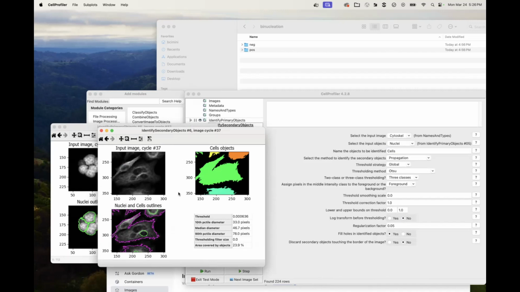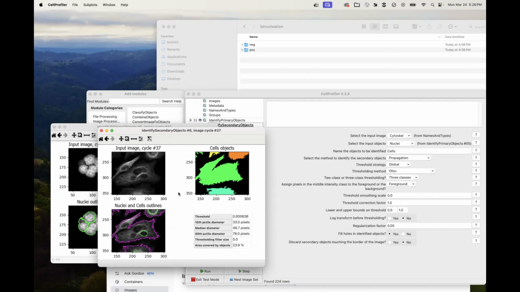So one thing to really consider at the beginning of building your pipeline is, what is your output that you're looking for? What is your downstream task? What are you trying to measure? In this situation, maybe you don't actually care about any measurements of the nuclei. Maybe what you're really concerned about is something happening in the cell, and so all you really need is the cell boundaries, and we don't actually care to identify the individual nuclei parts.